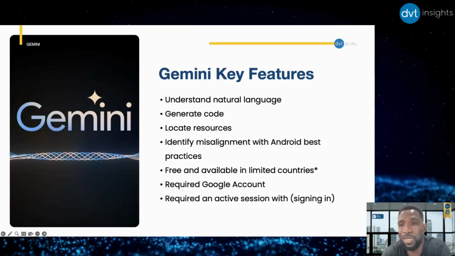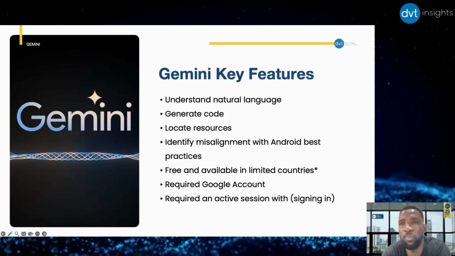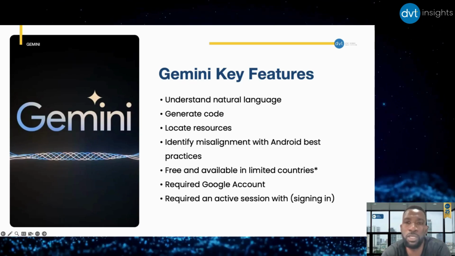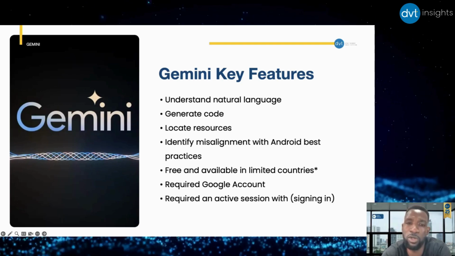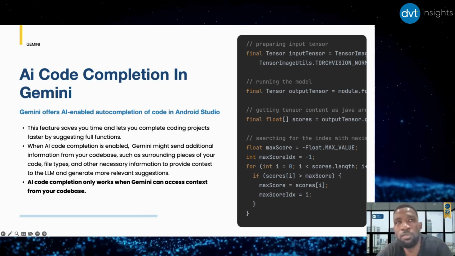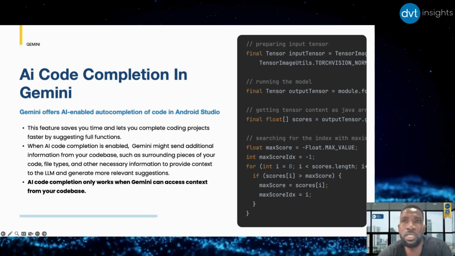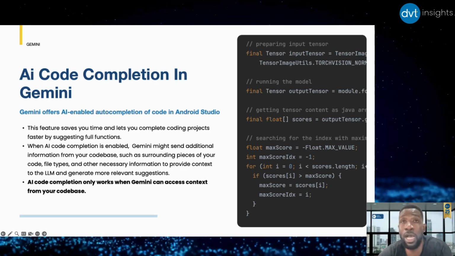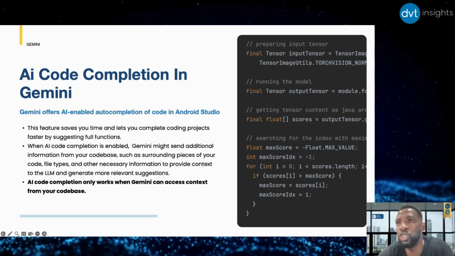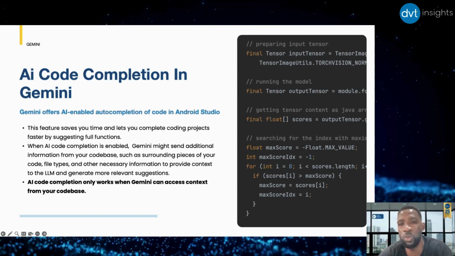It runs on the cloud, and it is kind of similar. It is our Swift Assist counterpart. Now, there's a disclaimer on the freeness of the tool. So don't be surprised if in a couple of months from now, you are asked to pay, because this free is actually a very big disclaimer on it, in limited countries and for the current period of time. Now, we also have a counterpart for code completion. It works seamlessly. The only difference here is the code completion in Gemini actually runs on the cloud as well. So it's not an on-device one. And it requires you to have an explicit consent before you can actually gather context. Remember, it's all about the context here.